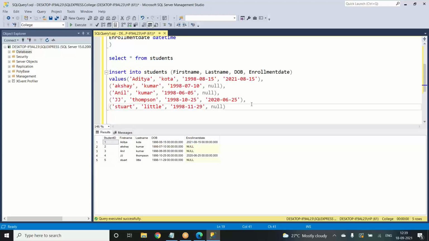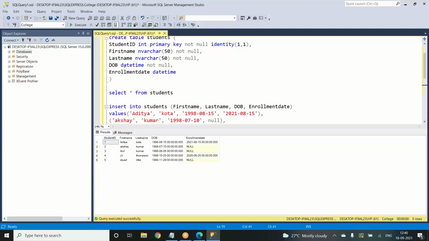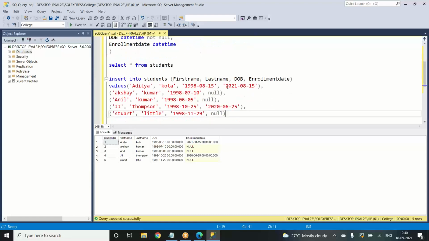So null in the sense we can just leave that as it is, even if we do not enter anything, it will not show us any kind of problem. In the enrollment date, why I have shown it: the student ID, first name, last name, and date of birth are all the mandatory options. When a student is visiting a college, we need to take their details. But the enrollment is up to the student, whether they really want to enroll in that college or not. Not every person who is visiting the college will be able to join, right? So that is why we've put the enrollment date as null, as someone has joined and someone has not.